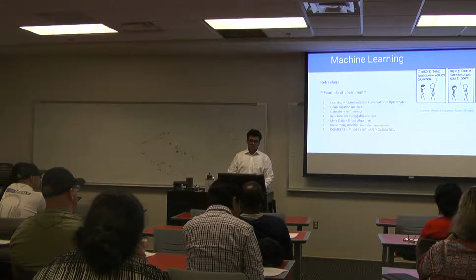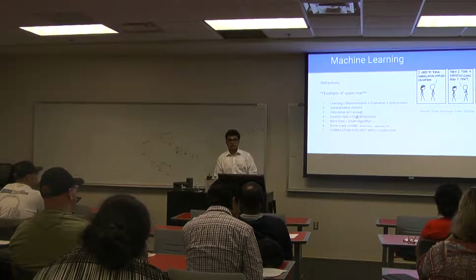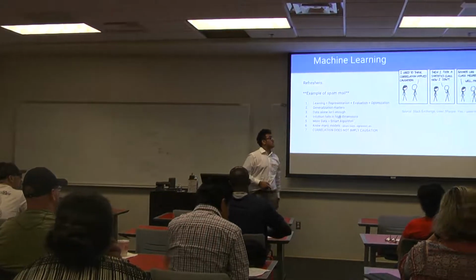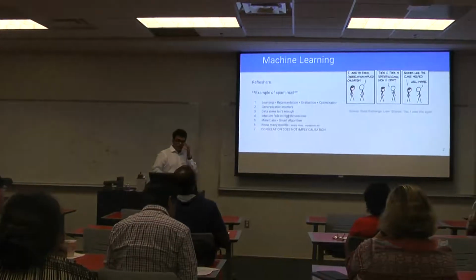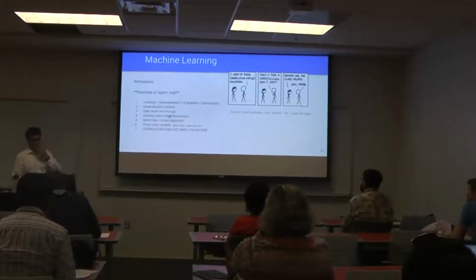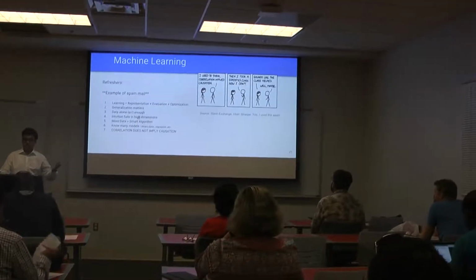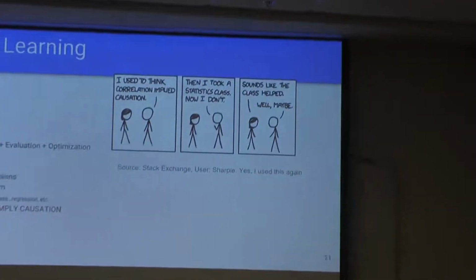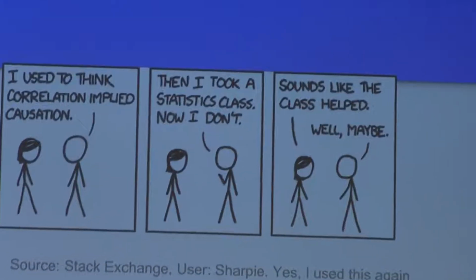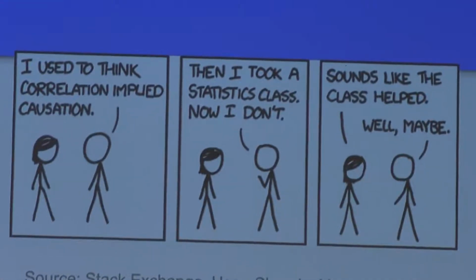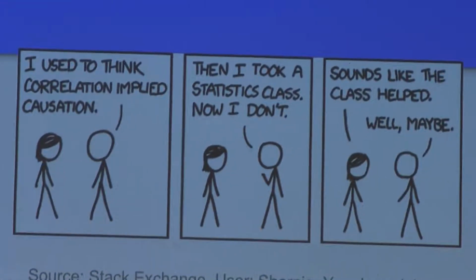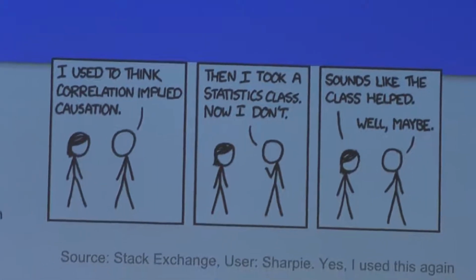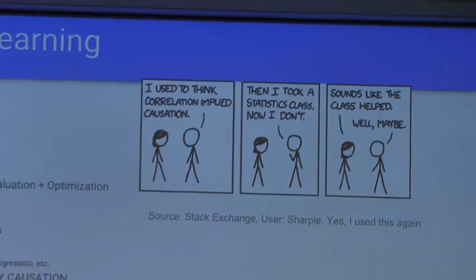All right, and number 7 is correlation does not imply causation. So I have this little cartoon over here which says that this guy took a statistics class and now the girl says that he thinks the guy will do better because he took a statistics class. But just because he took a statistics class doesn't cause him to know statistics, if that makes sense. There's definitely a correlation of taking a statistics class and knowing statistics, but there's not necessarily causation, if that makes sense.